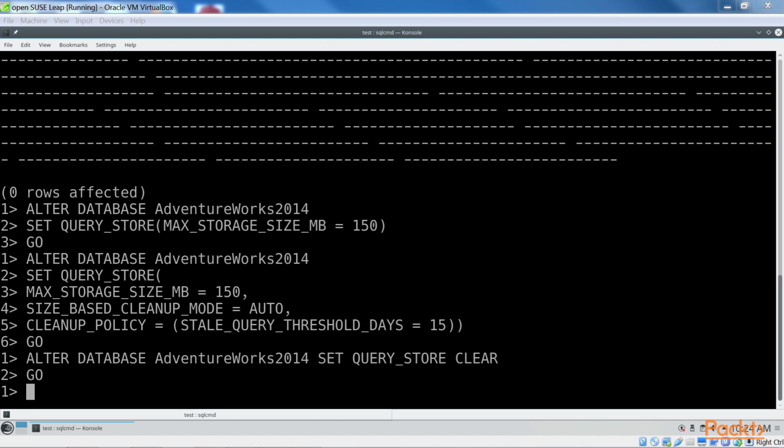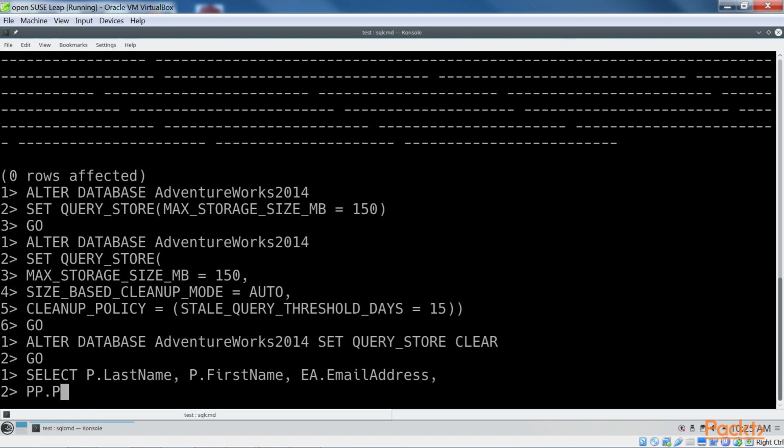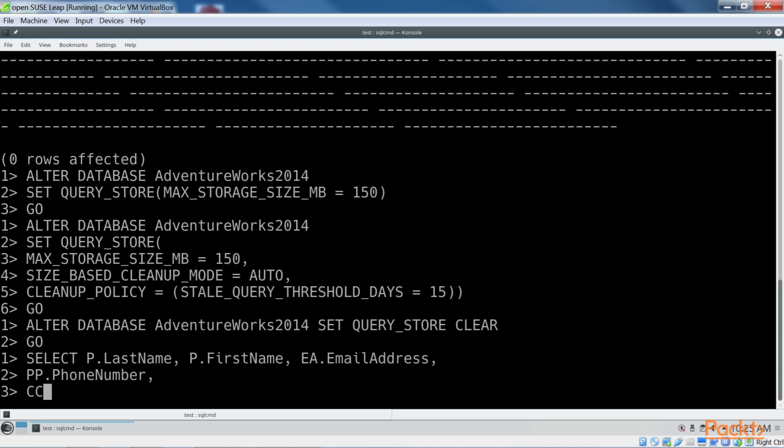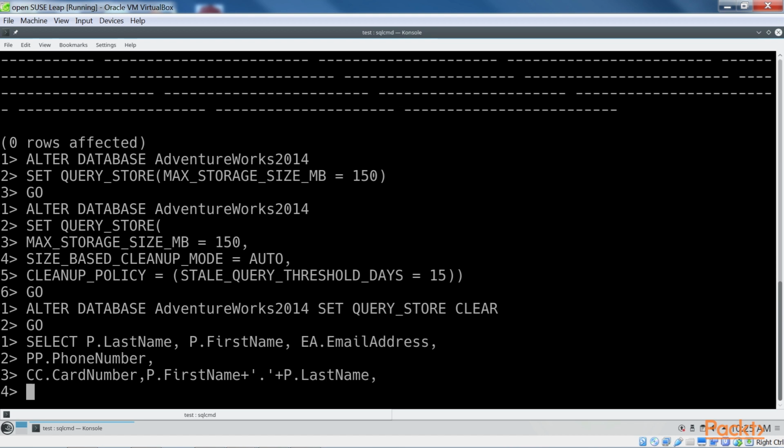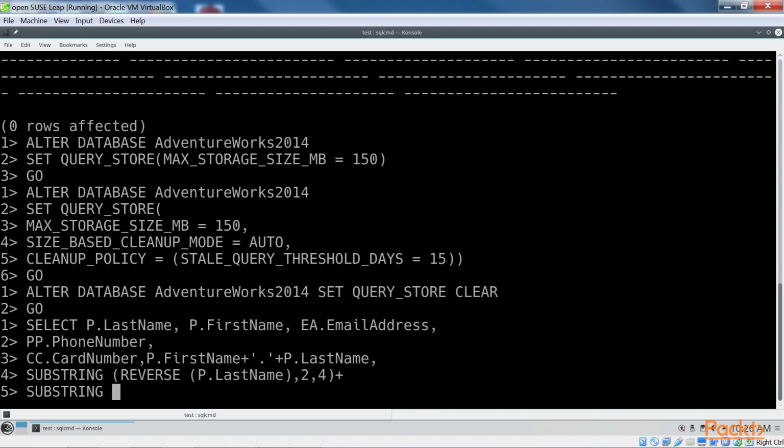For demonstration purposes, you can use the heavy query on the AdventureWorks sample database, which I'm going to show you now. Select P.LastName, P.FirstName, EA.EmailAddress, PP.PhoneNumber, CC.CardNumber, P.FirstName plus P.LastName. Now define substring to reverse last name. Similarly, for the first name and cast,